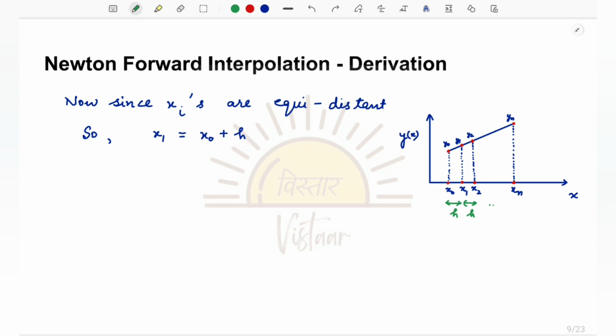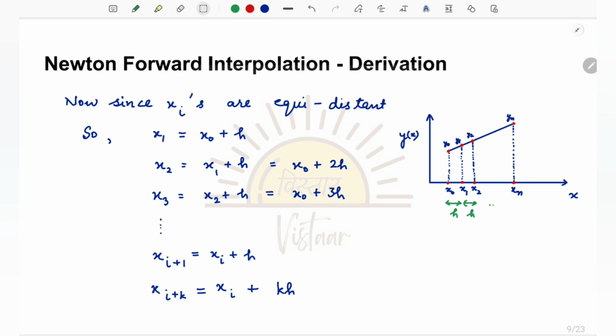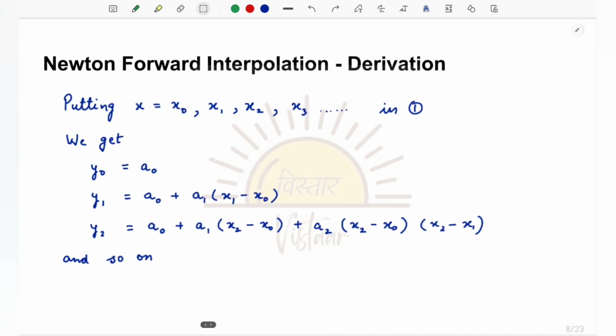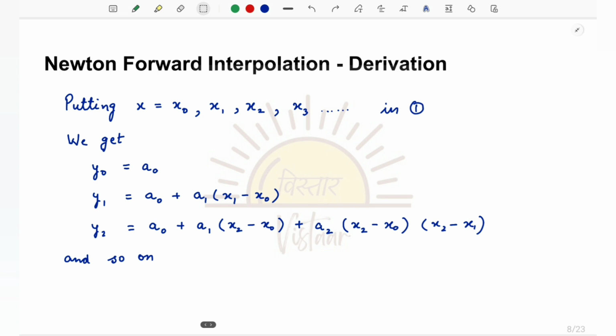Similarly, x2 will be x1 plus h. Similarly, x3 will be x2 plus h. Moving forward in the same manner, we will get x(i+k) equal to xi plus kh, or we may write it as x(i+k) minus xi is equal to kh. Putting these values of x1, x2, x3 and so on in the previous equation where we have calculated y0, y1